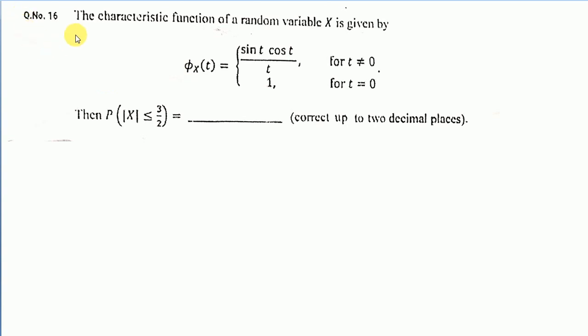See, the main form of this uniform distribution we will discuss here will be uniform minus a to a. So this will be the particular form we will discuss in this particular question. So the characteristic function of a random variable x is given by this function. If you multiply 2 by here and 2 by here, then what we get is phi x t equals sine 2t upon 2t. There is no problem.